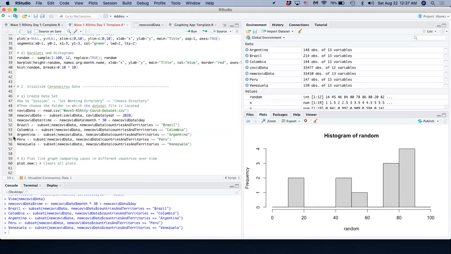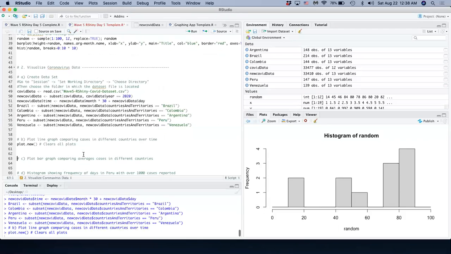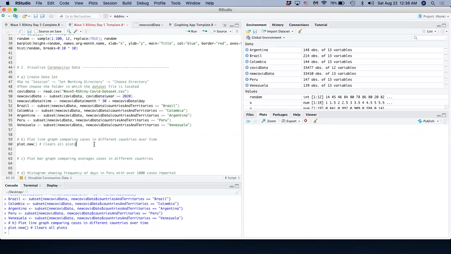Okay, so now I have 5 data sets here, just representing observations from the original data set corresponding to their country. Okay, so now we're going to visualize this data in the following different ways. First I'm going to clear the plot with the function plot.new. Okay, so let's see, what are we going to do? We're going to draw a line graph comparing the number of cases in different countries